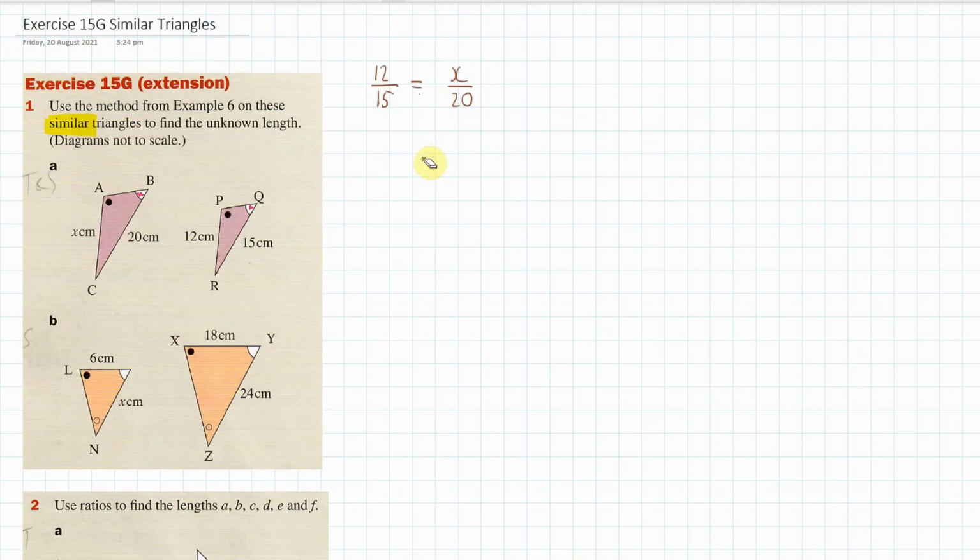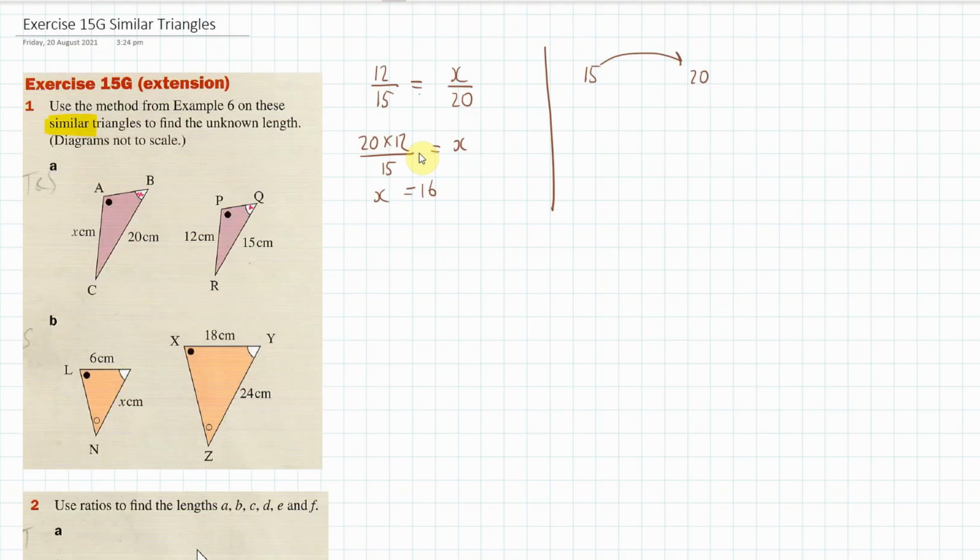So let's go ahead and do that. Well, we will get 20 times 12 divided by 15 is equal to x. And so x will be equal to 240 divided by 15, and that's 16. I'll just check this on the calculator, make sure I haven't made a mistake. Yeah, so 16, x equals 16. So that's one way you can do it. There is another way, and you can go, all right, how do I get from 15 to 20? Right, so you go, all right, how do I get from 15